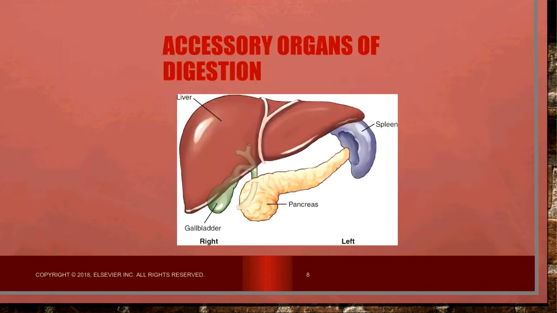All right, and then they show you the accessory organs of digestion. I'm not entirely sure why they keep showing the spleen, but if you look on page 108, they do say that there are 3 accessory organs of digestion. That is the pancreas, the liver, and the gallbladder. Accessory organs are basically outside of the digestive tract, but they aid in digestion through materials that they secrete